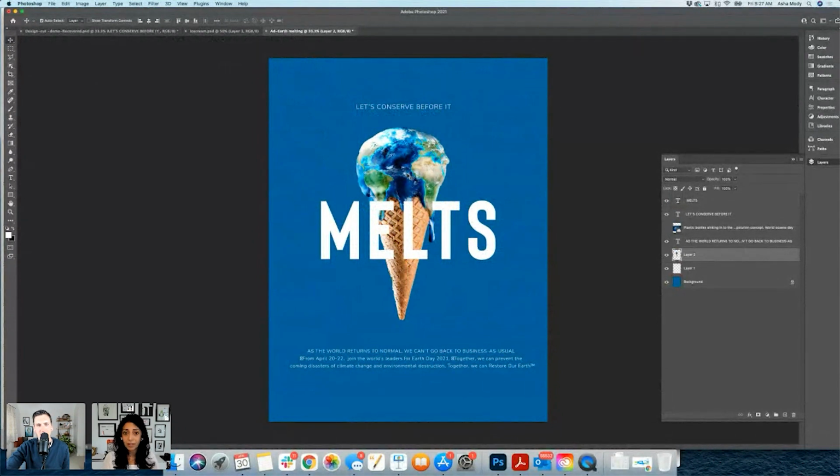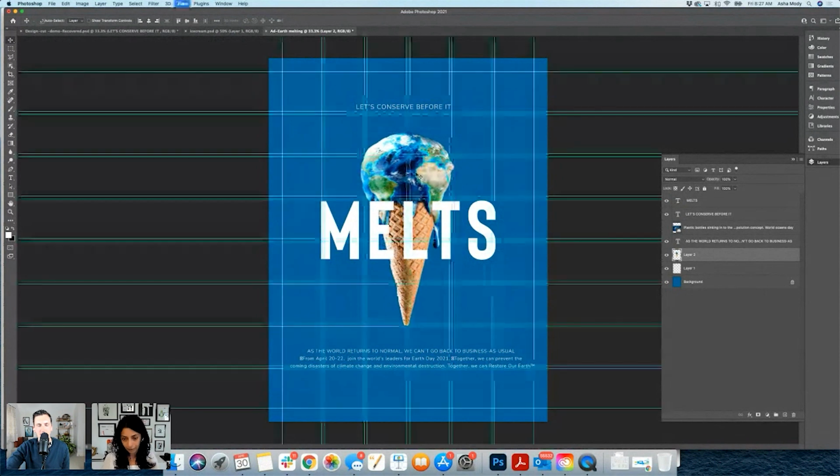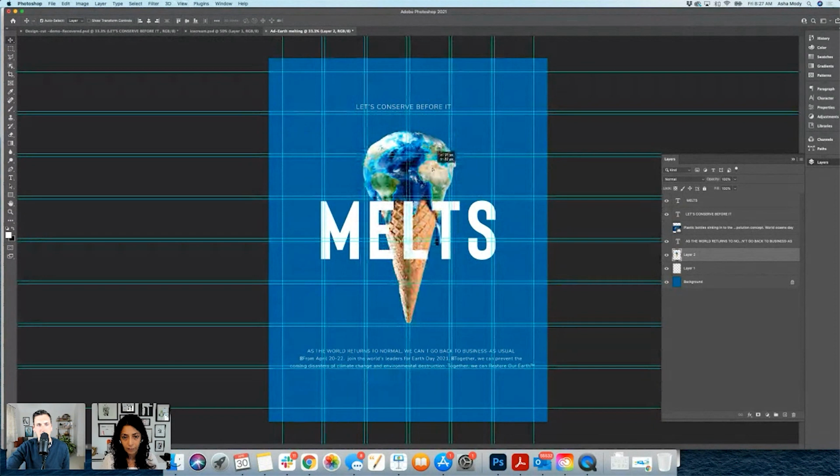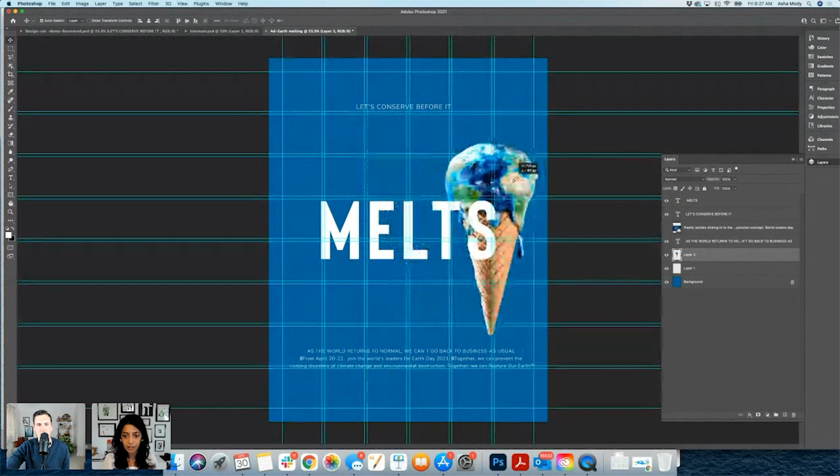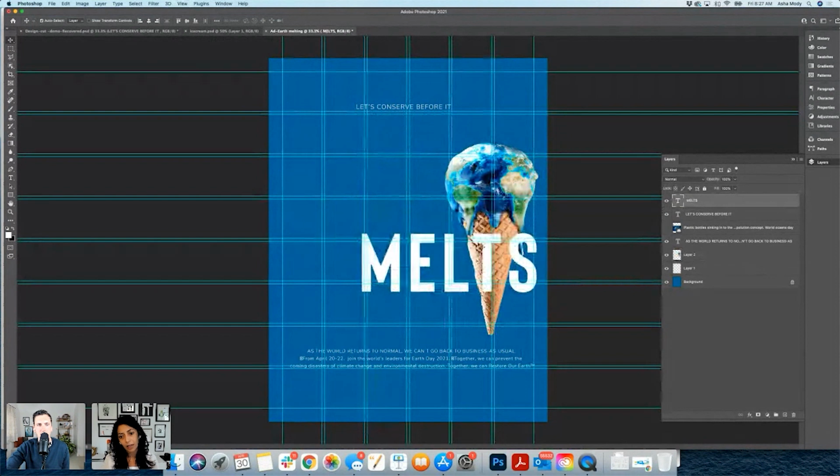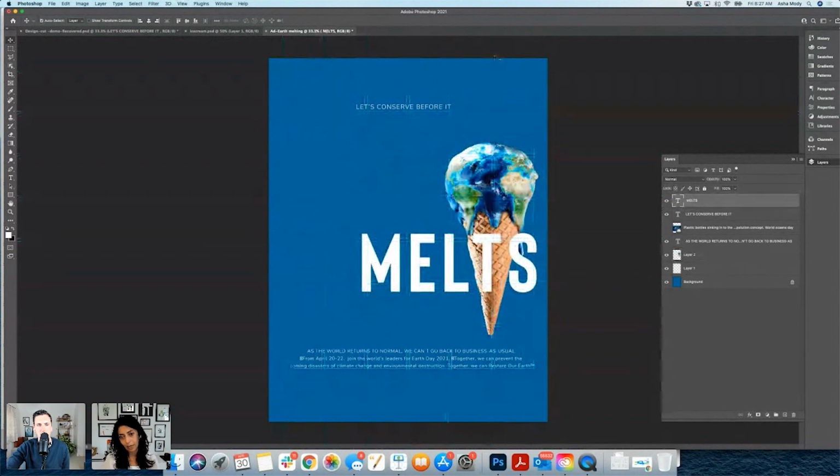But research sometimes takes time, right? Finding a perfect image, or you have to create it, can take hours. Yes, it takes hours. So for this purpose, in a short period of time, I'm like, okay, this is perfect. But now I'm opening up my guide again, because I want to see where the text should go. First, I was thinking to set it here, but then if I put the melt word here, I have space, but it's not going to be that impactful.